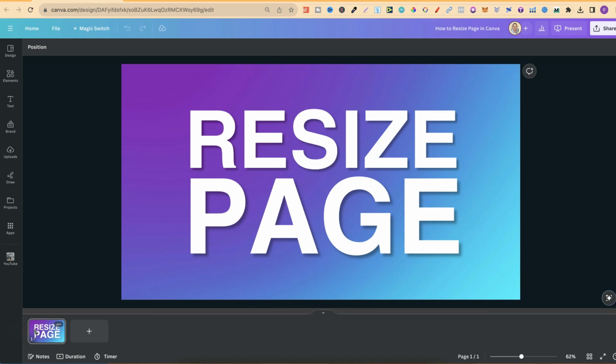In this tutorial, I'm going to show you how to resize pages here in Canva. Now, to do this, we are going to be using a Canva Pro feature,